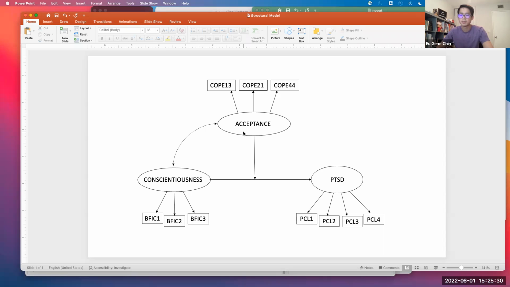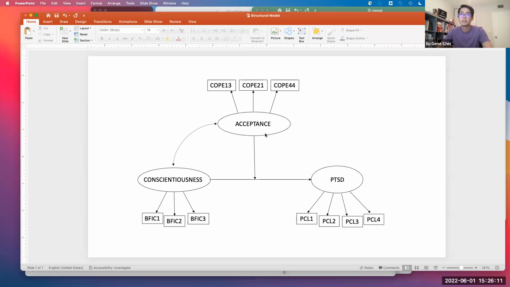And acceptance. Acceptance is one of the coping skills identified in the COPE scale, and basically talks about the extent to which one decides that they're just gonna live with it and basically try to accept that things are not gonna change. And so that's an interesting construct too, because, obviously depending on the stressor, for some stressors, you kind of have to practice acceptance, especially if it's something that you can't change. And then for other things where you're able to change, maybe other types of coping mechanisms.